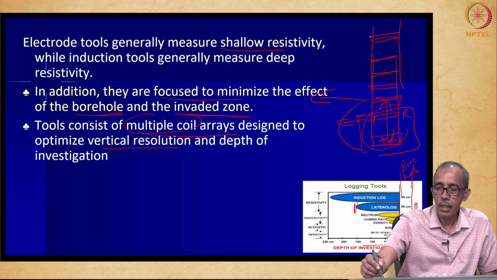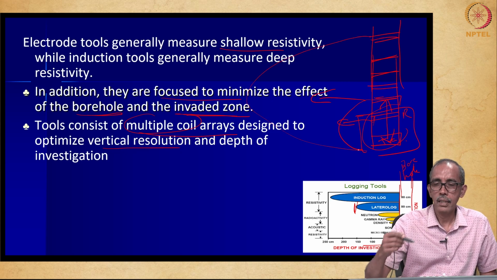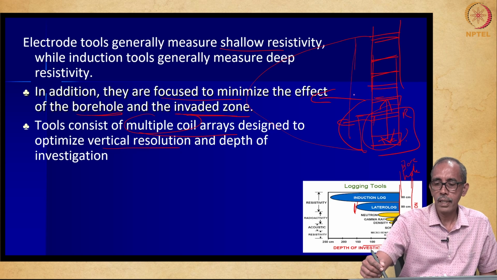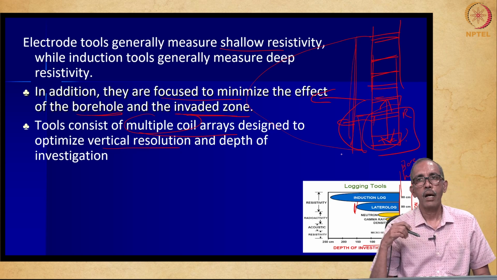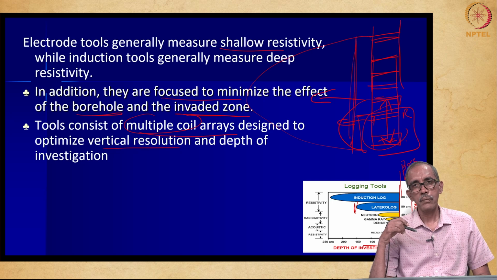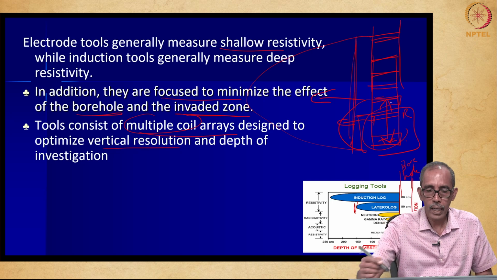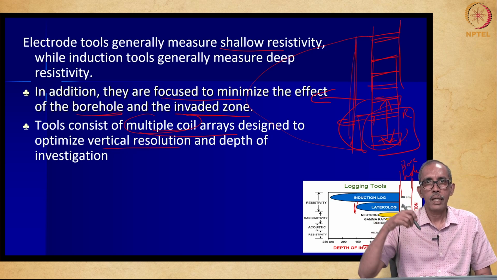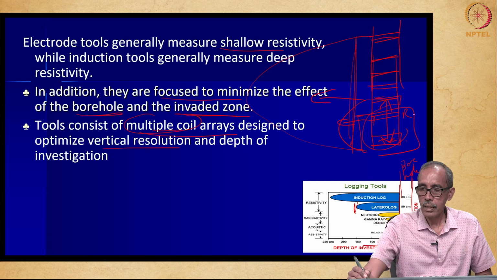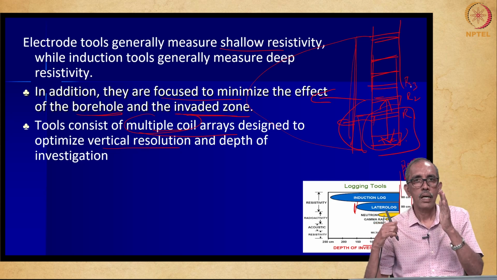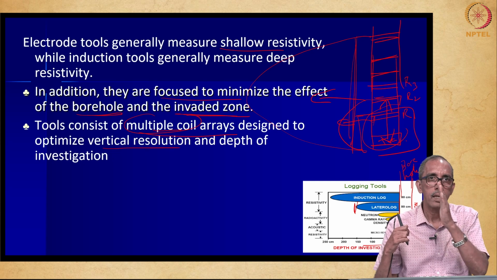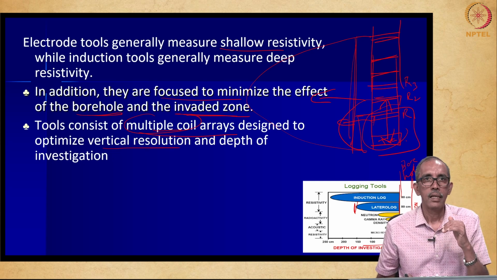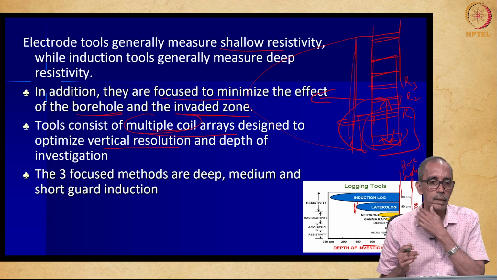When you use this one, the radius of investigation increases and you try to understand collectively what is the effect of all these formations. Okay. So, that is the advantage. Though we have multiple receiver coils, at one time we will use only one, right. Maybe while lowering the tool we will use receiver 1, then when we lift, receiver 2, then again when we lower the tool, we will use receiver 3. So, this is how we progressively increase the radius of investigation. That is the advantage of this induction log.